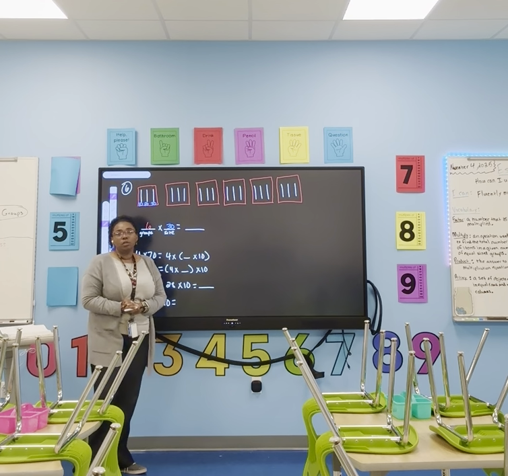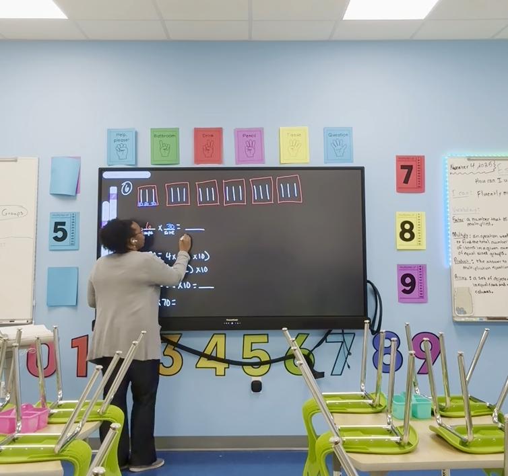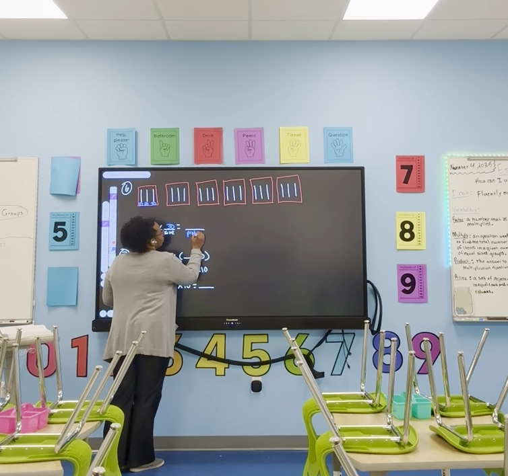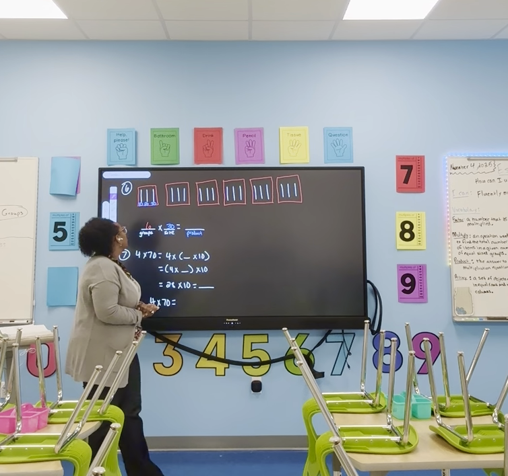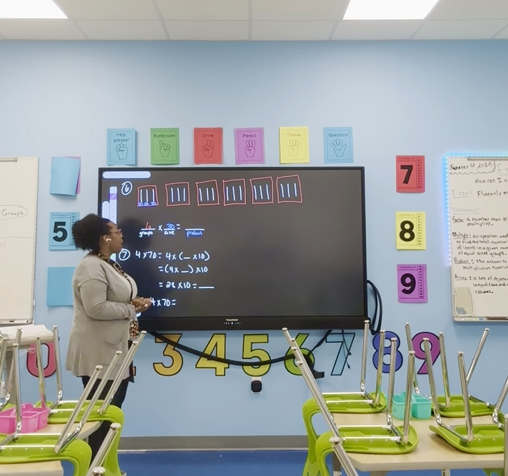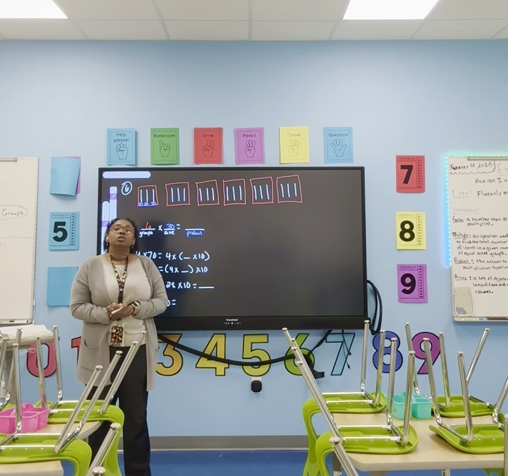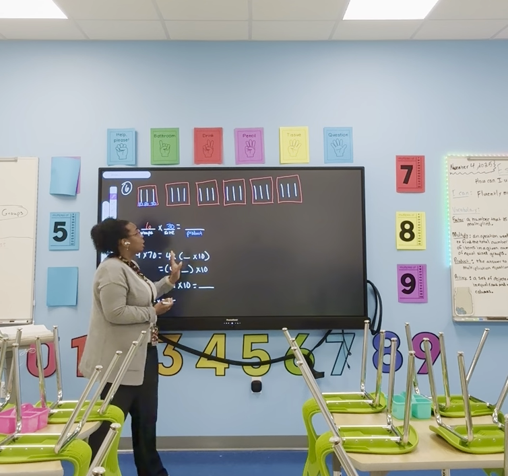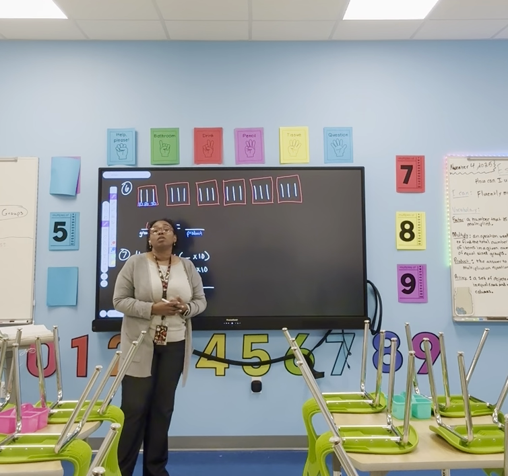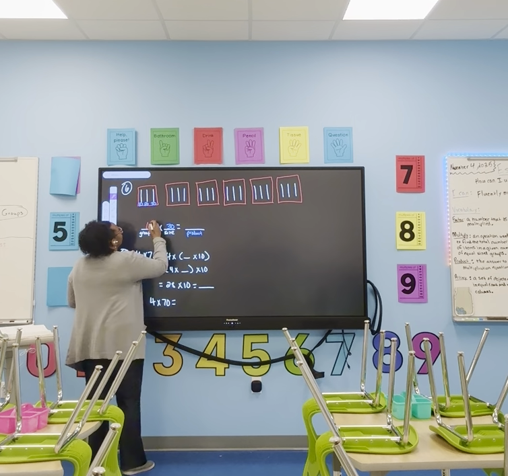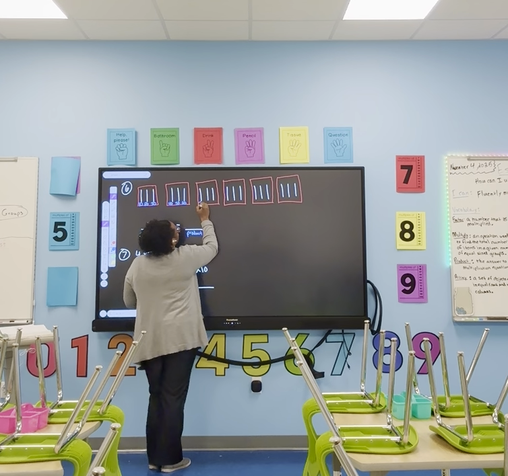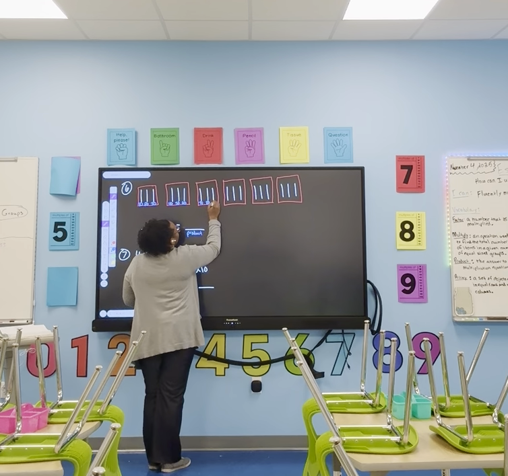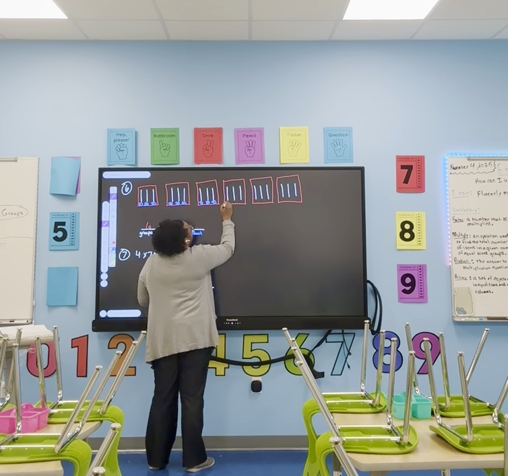Now, all we have to do is find the product. And remember, the product is the answer to our multiplication equation. That is a vocabulary word. So let's find our product. To do that, we can continue our skip count. So we can keep skip counting by tens till we get to the very last one. So let's go ahead and do that. So this will be 30. We stopped at 30, 40, 50, 60, 70, 80, 90, 100,